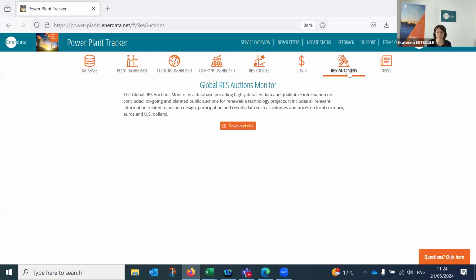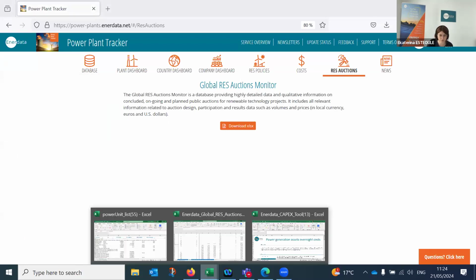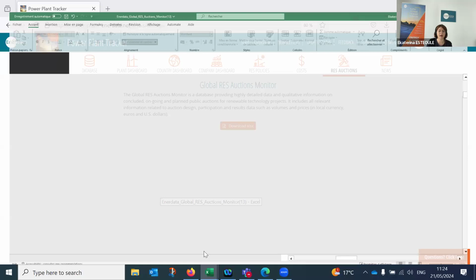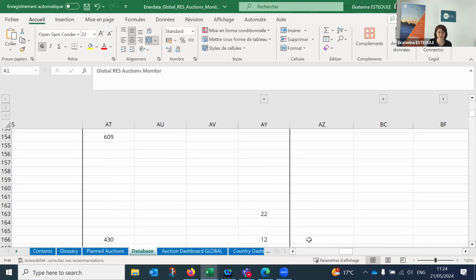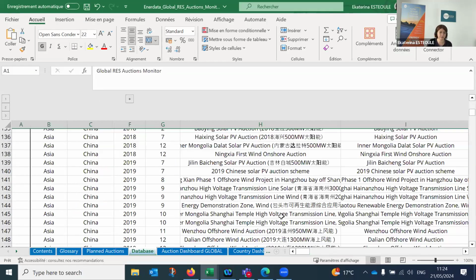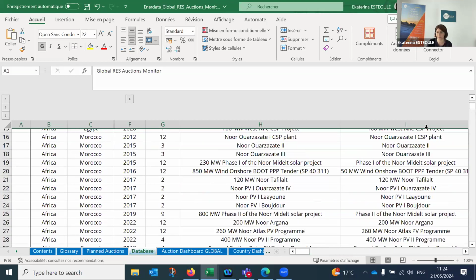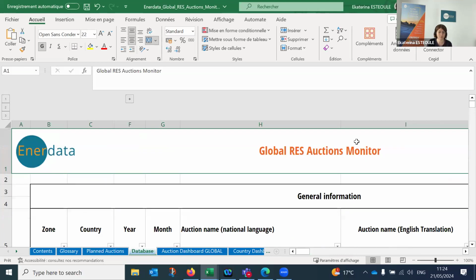And here, this information is available as a single database, so I just downloaded it here, and it will help you to understand the information with global coverage.